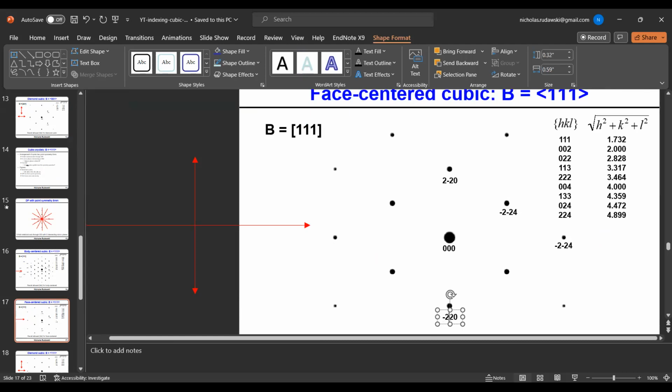Minus 2, 2, 0. And this would be 4 bar 0, 4 bar, right? Which makes sense. This is a linear multiple of this spot, so it should be basically just doubling the indices. Okay, 2 bar 0, 2 bar, 2, 0, 2 bar, 2, 2, 4 bar,